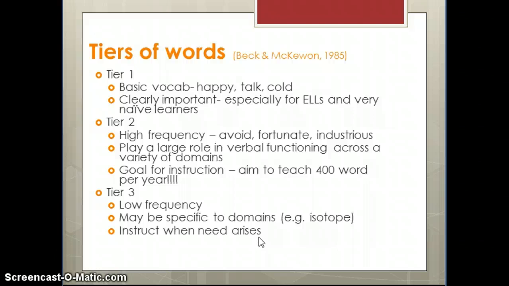Words that are related to a particular content area. So for these, you provide instruction on them when the need arises. So if you were teaching, let's say, a unit on isotope, I don't even know what that's related to. Isotopes, obviously I didn't learn very well. Chemistry, right? So if you were doing that particular unit in chemistry,